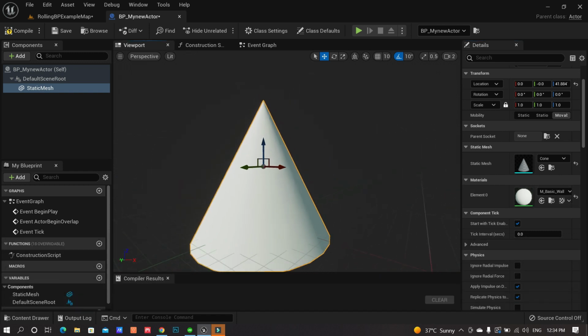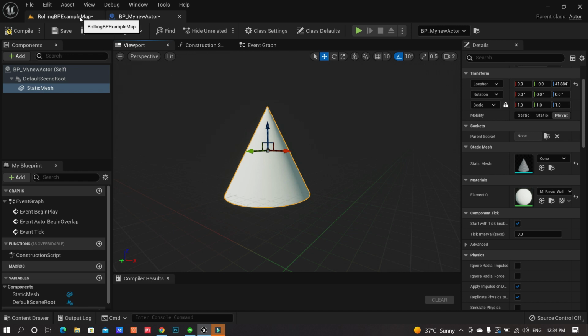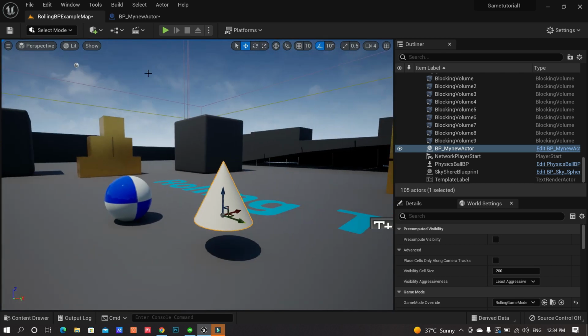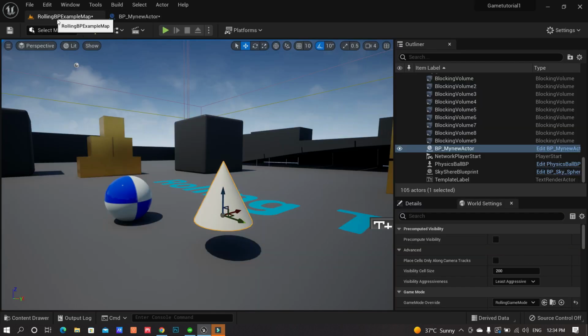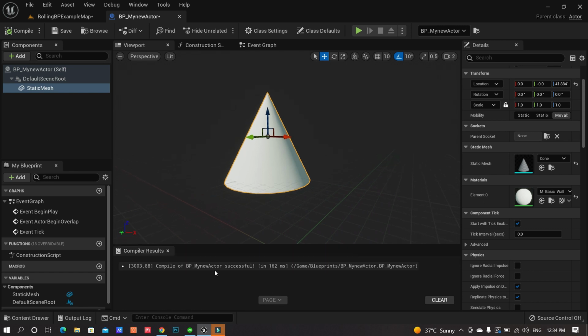So now we have a visual representation of our blueprint which has an actor in it. So let's see, do we see it here? Yes, we do. Actually, sometimes what happens if you have multiple actors added to your blueprint, it might not show all the updates in real time. For that purpose, it is definitely required that you click the compile button here so that it compiles the blueprint. Okay, and under the compile, you will see a compiler result.